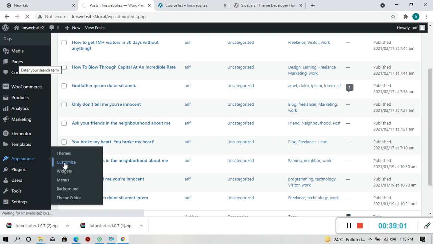So this is a one-click demo import website, and I will teach you how to create a theme and how you can import a one-click demo like this website.